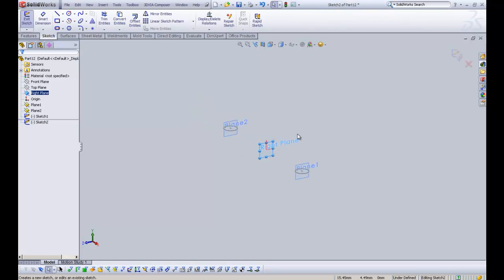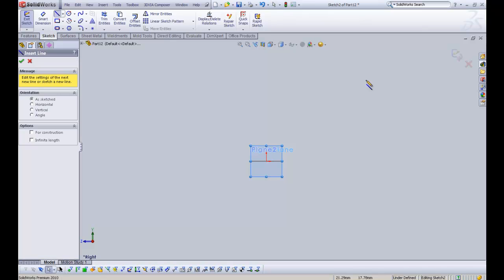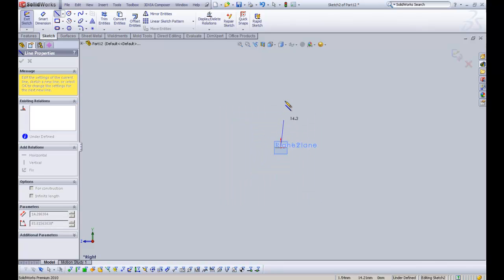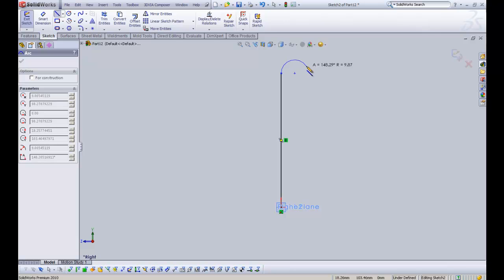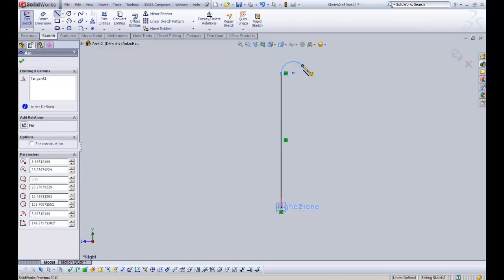Okay, so I'm just going to click on right plane, and I'm going to click normal to, and you can see that we've got our existing sketch there. So then I'm just going to select normal line, select the midpoint or the origin, both of them are the same, as that's how we've created it, and I'm just going to drag it up so it's roughly 100mm, and then I'm going to drag the line out, and then I'm going to take it back so we can get an arc, and then I'm going to create an arc so it's approximately at about 140 degrees,